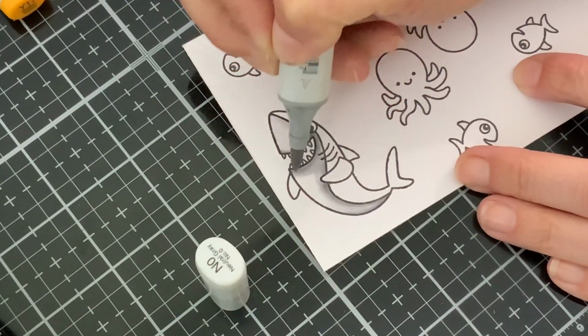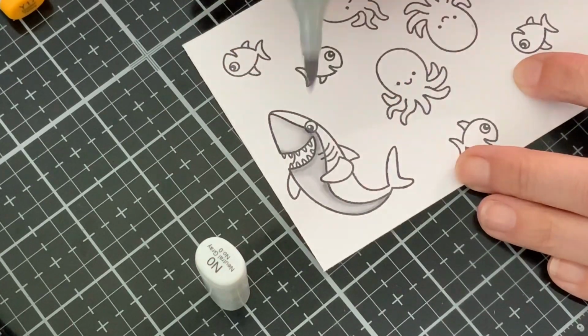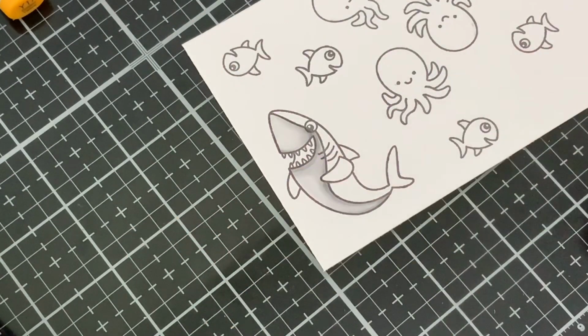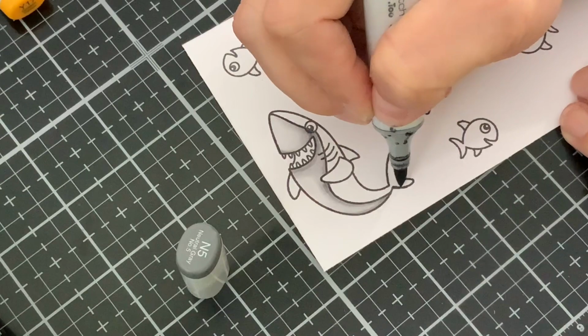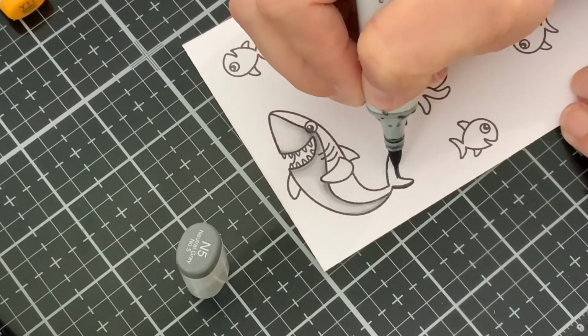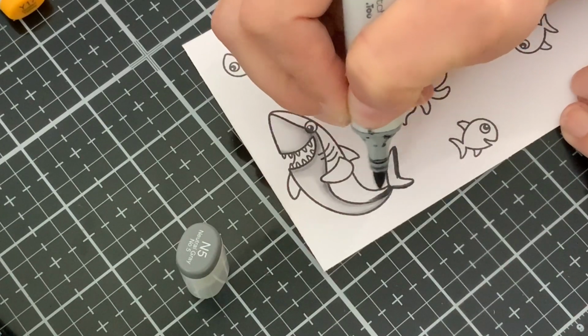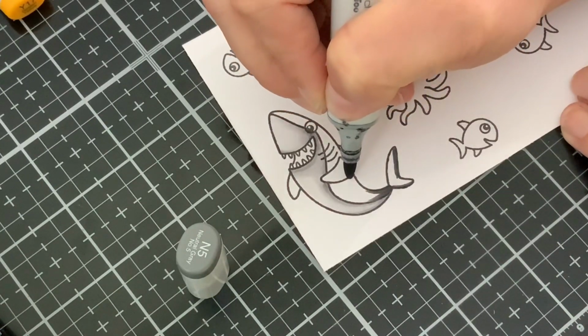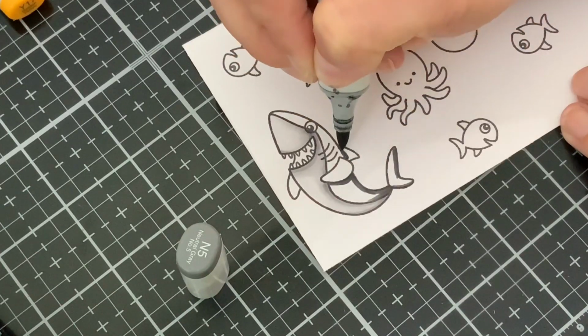And the same thing here, we're going to go ahead and do one swipe over, filling in all the white. So now we're going to take the N5 and we're going to do the same thing. We're going to add the shadows to the back part. So we're going to go underneath the tail, and then underneath this part of the tail, right here, where, because his body is turning, underneath his little fin,